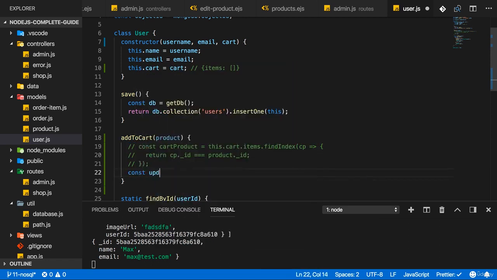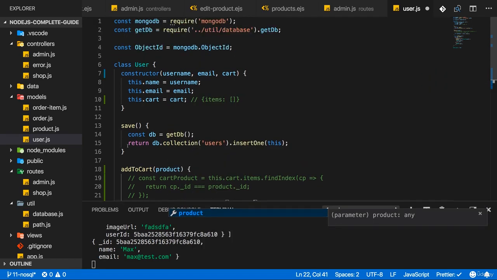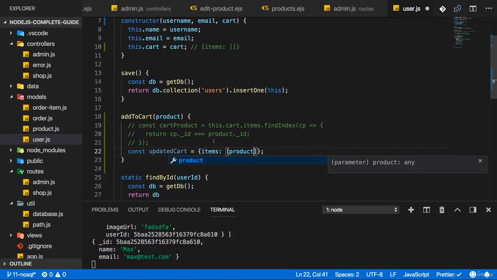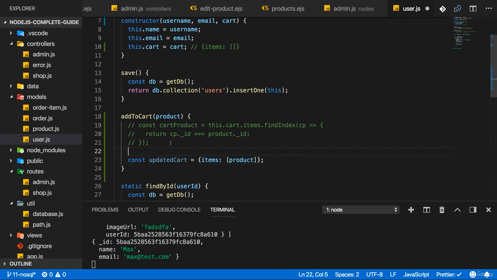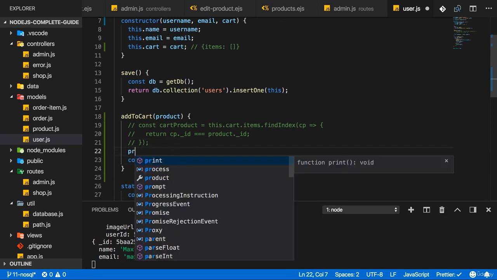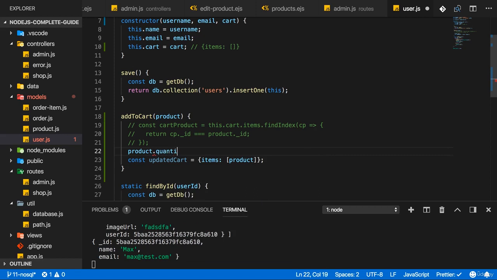And instead create a constant, maybe named updatedCart, which is an object where we might have an items property, which is an array where I will now include my product. However, not just the product as I'm getting here, I also want to add a quantity field. So I'll actually say product.quantity, and this is how you can add a field on the fly in JavaScript,